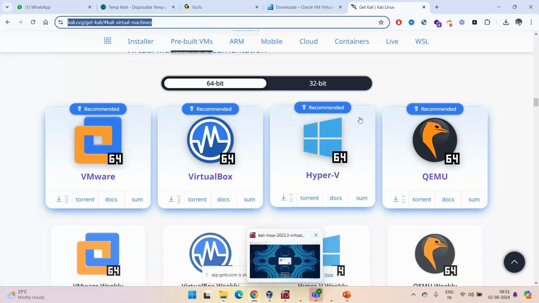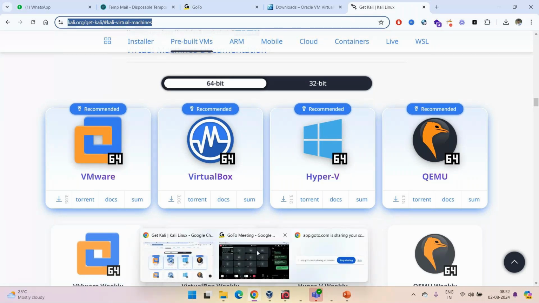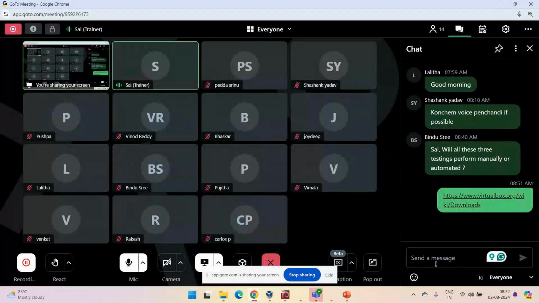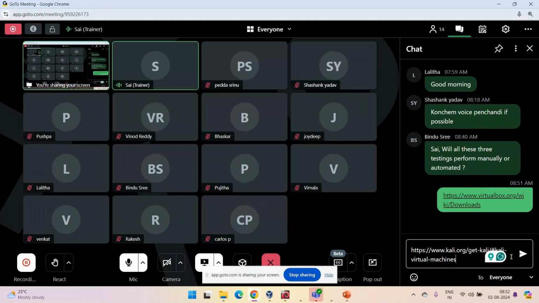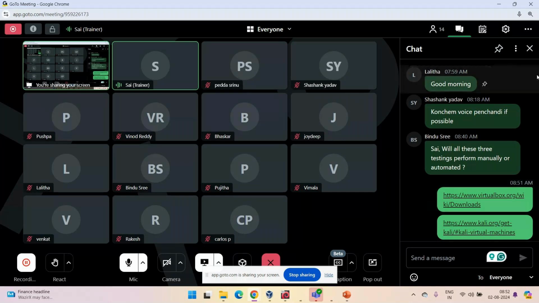Or if you double click on it once you extract it, it will automatically get imported into VirtualBox. Okay, so yeah. And then when it comes to downloading the Windows operating systems, you can maybe